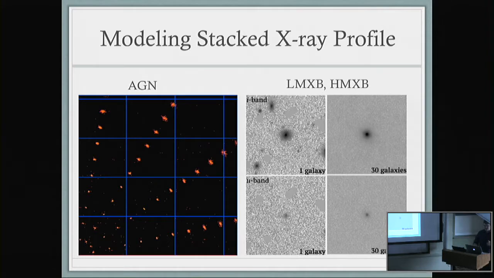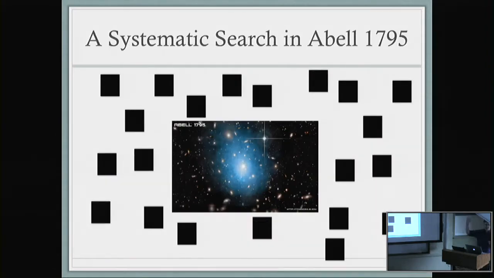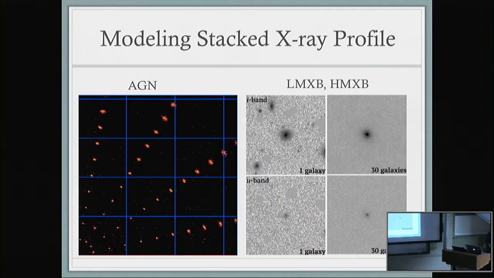The tough part is that these pointings are sort of pseudo-random, and so the galaxies fall in different parts of the field of view. And for Chandra, that means that they all have a different PSF. And so we had to simulate the PSF at the position of all the stacking positions, which luckily we can do because there's very great people here and elsewhere that make these packages for us.